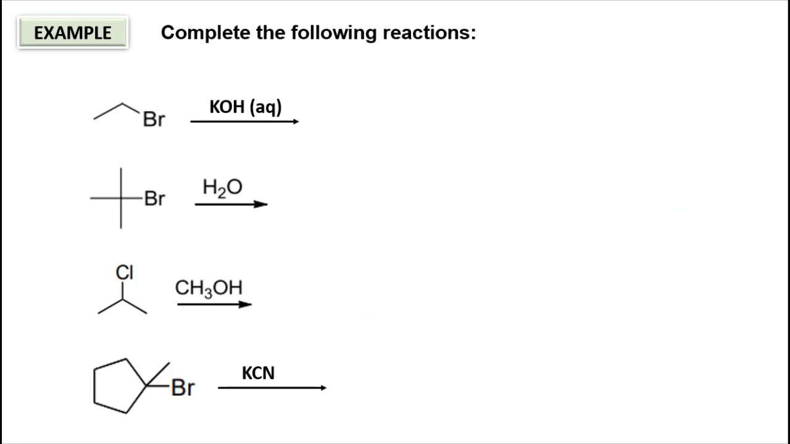So let's have a look at an example of how we are going to predict our product. For the first reaction, we have a haloalkane, so Br is our halogen. It will react with aqueous potassium hydroxide solution. Since we have potassium hydroxide, we know that our nucleophile in this case is only the OH group. So we just replace the Br with our OH group, and this is our product,